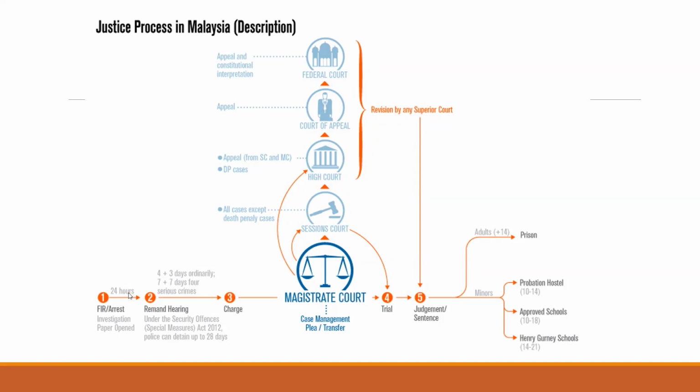After arrest, for example within 24 hours, the so-called accused person must be brought to see a magistrate for a remand proceeding. During that remand proceeding, it is the absolute discretion of the magistrate to determine whether he or she grants the remand for the accused in order for the police to complete the investigation, because somehow or rather, some crimes committed are very complicated.